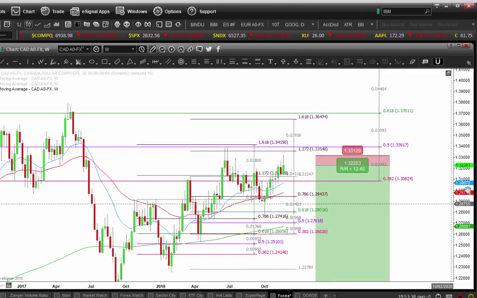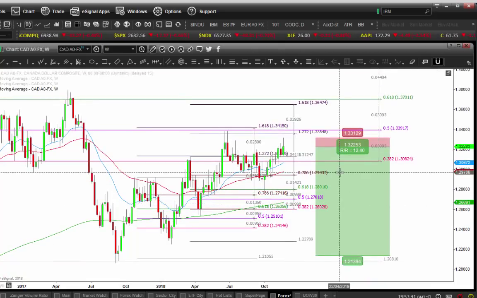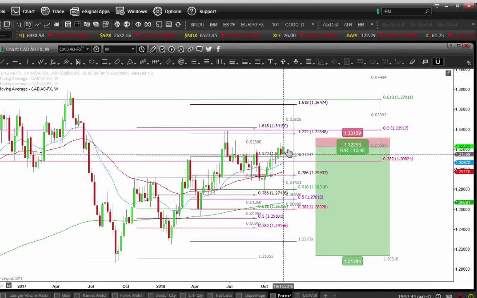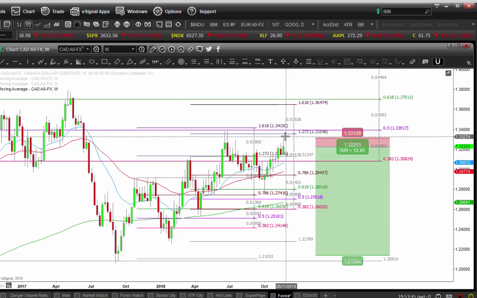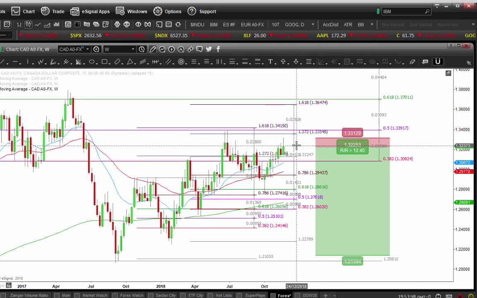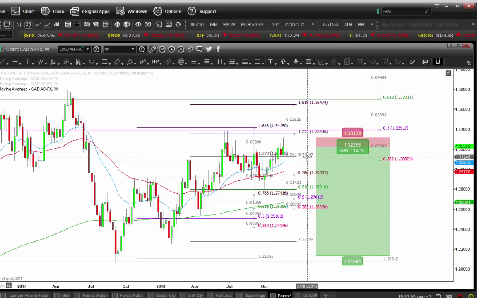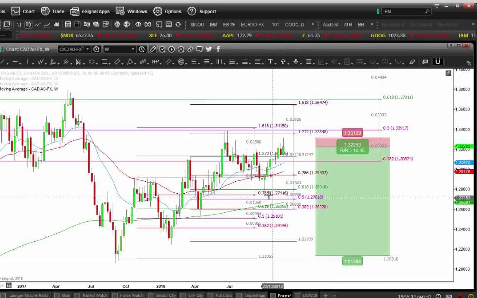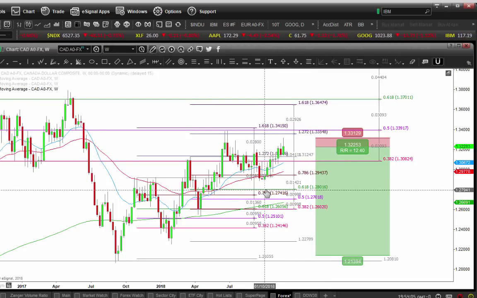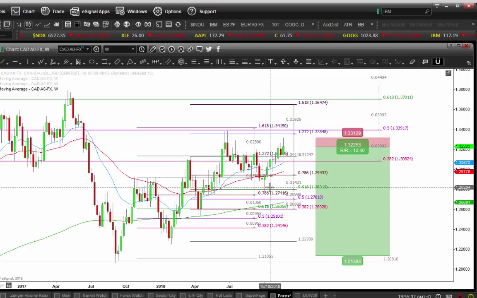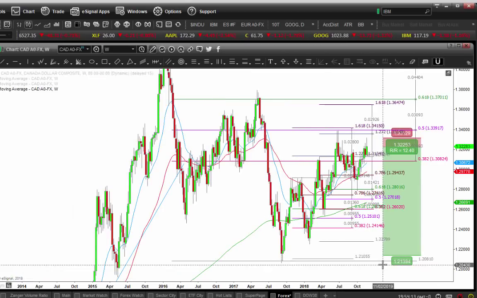We've got the choice of 2 options. We can either take the safer option by having our entry below last week's low with our stop loss above last week's high, or we could take the higher risk option where our entry is at the midpoint with our stop loss above the high, and depending on which one you take, would look to scale out half the position when we get to a 1-to-1, and then scale out at this previous low here made on the 1st of October, just above it,